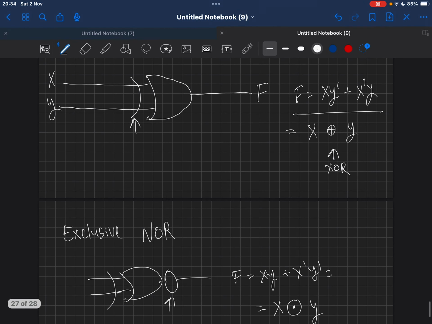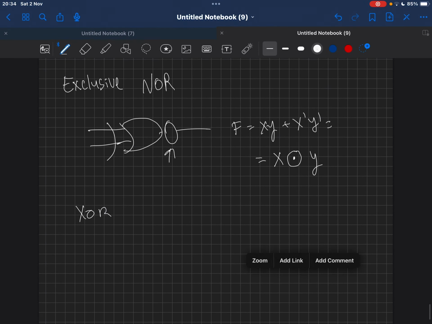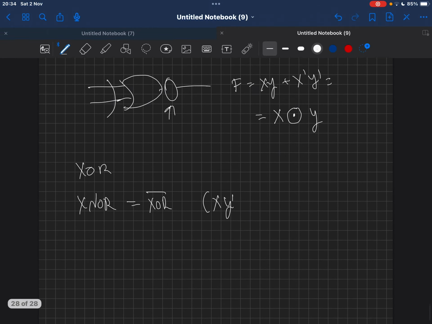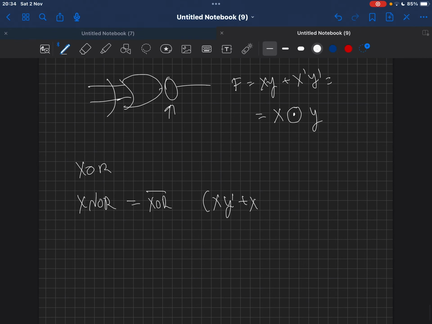Essentially, it's not on XOR, but I don't know why it's not just the De Morgan on it. Let me try again. Because I think that this XNOR, which is XOR with not on it, is like the De Morgan on this. So if you take this, the De Morgan on this, if you take this, and you do this, it's like the De Morgan, which is not on XY here, doing like this,